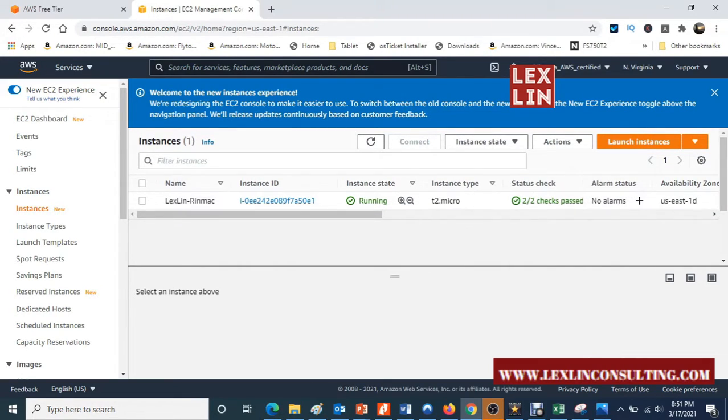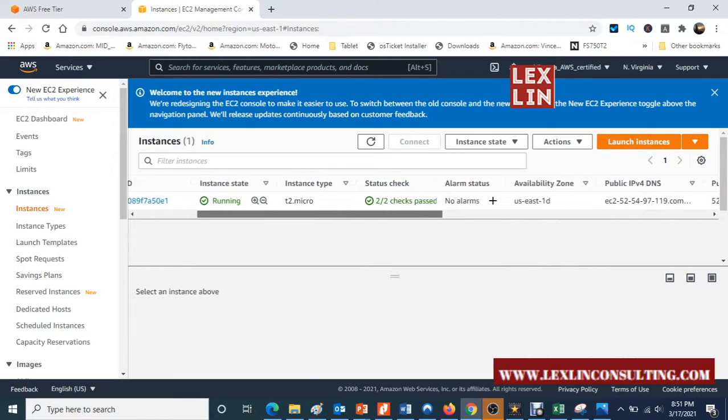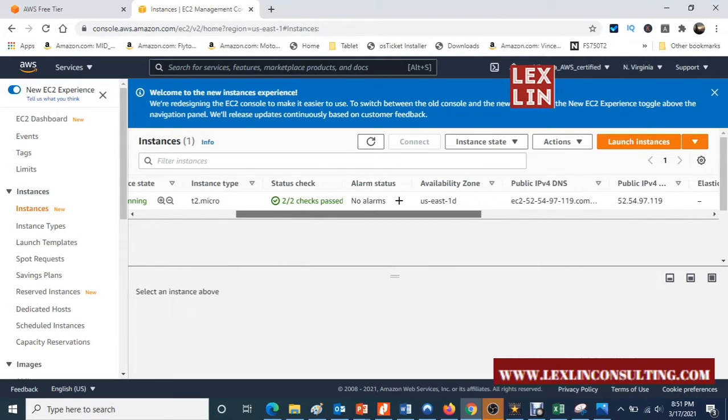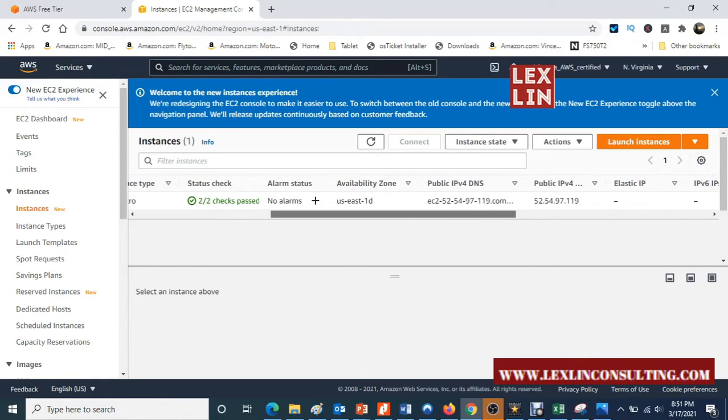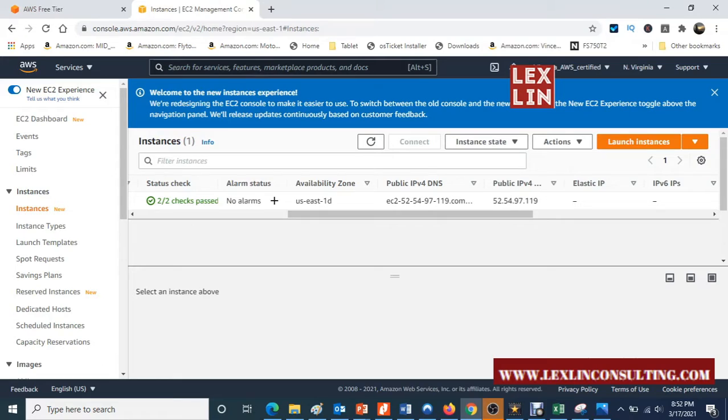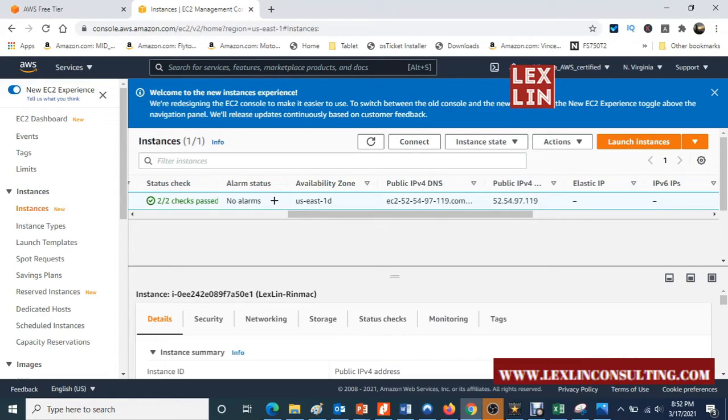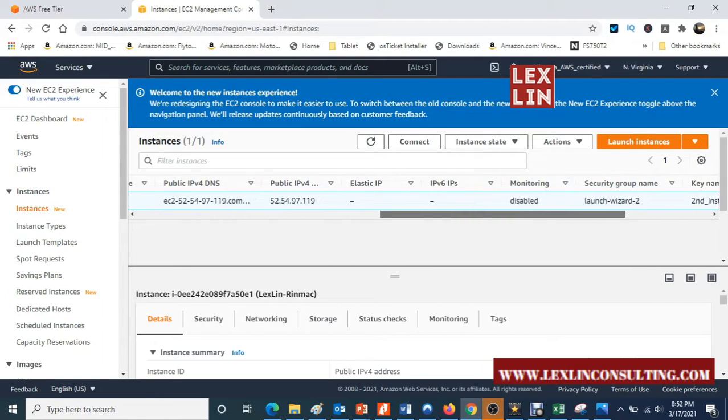This one is already created. It's running. There are no alarms. I've got availability zones. This is the public IPv4 DNS, so I can connect to it from my computer using this. This is the public IP address, 52.54.97. I can connect from there as well.